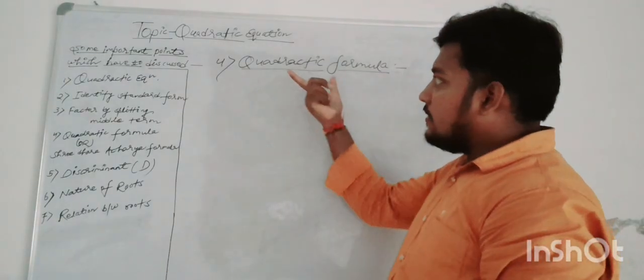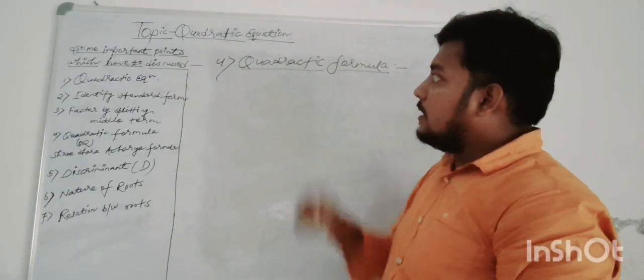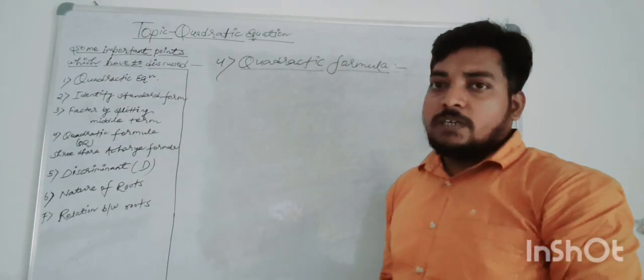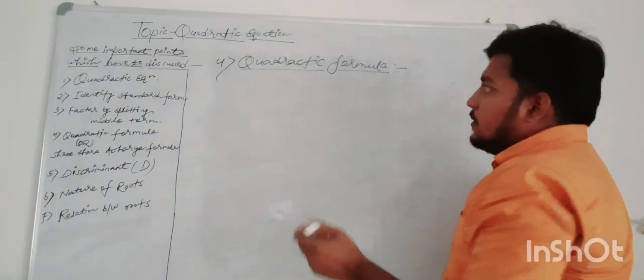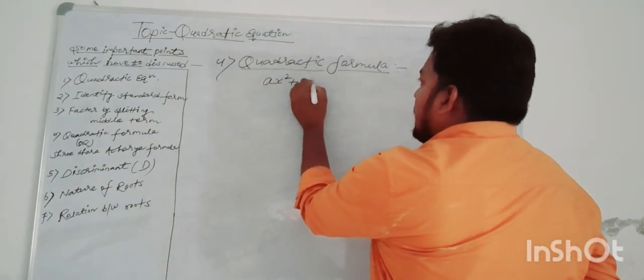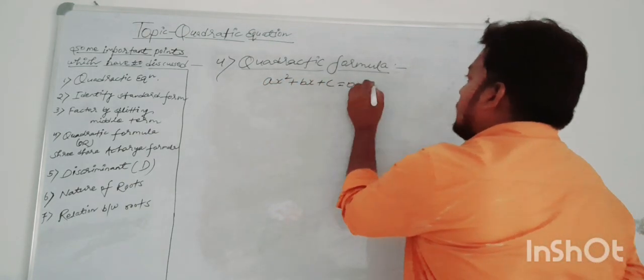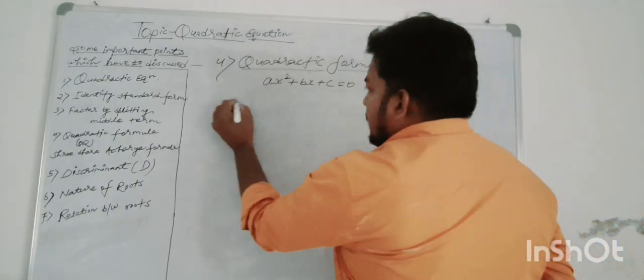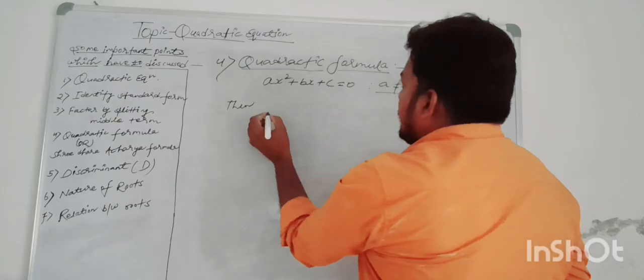Then we have to use the quadratic formula for finding the roots of the quadratic equation. So if the quadratic equation is ax² + bx + c = 0 and a is non-zero, then the quadratic formula is